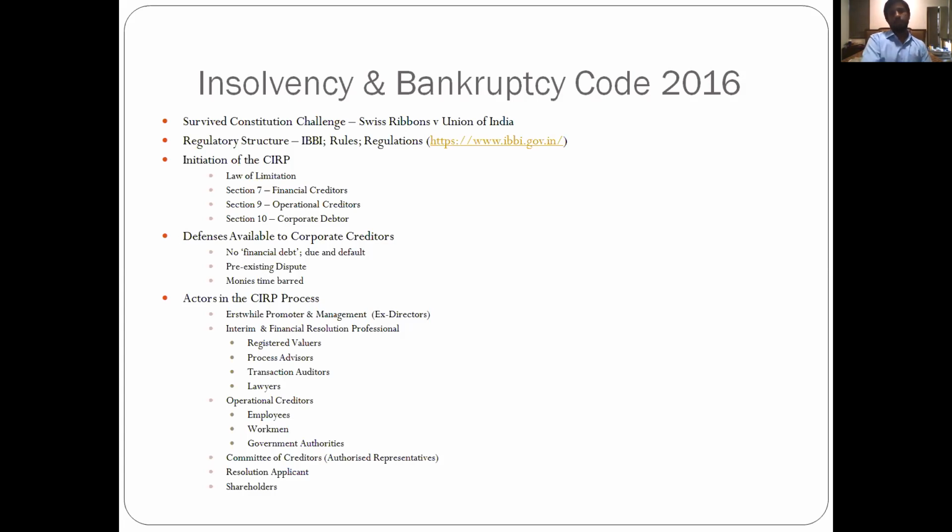You don't need to know this in detail. Of course, there are lawyers, which is us. We come in handy in a couple of locations. We advise the resolution professionals about how to do their jobs better, or do it more efficiently. We also advise other transaction advisors. We are the interface between the different actors and the NCLT, so we come in over there.